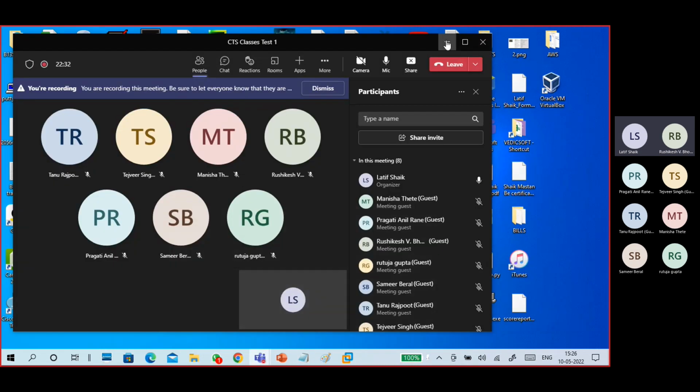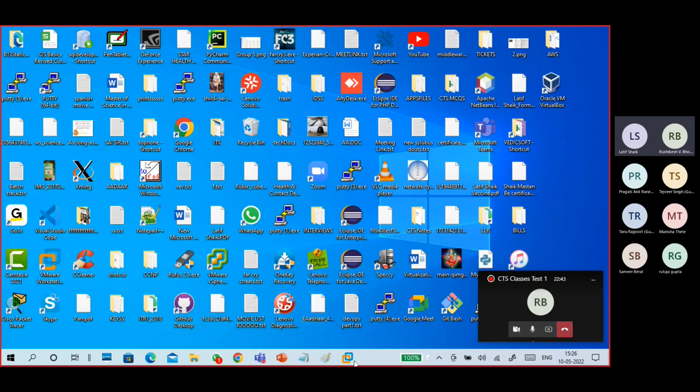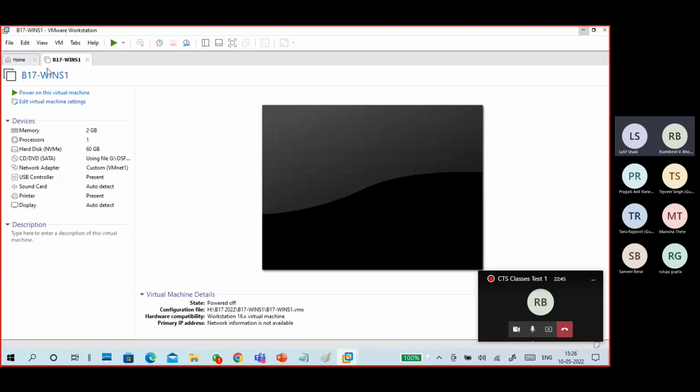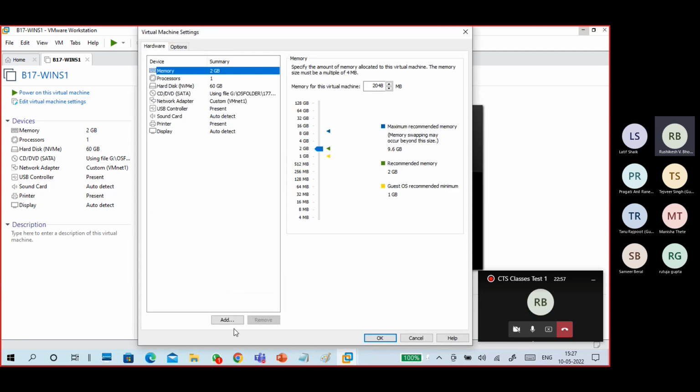We are using virtualization, right? VMware. So this is my Windows server. I already have a 60 GB hard disk. I'm going to add multiple hard disks to it. Now it is in off condition. So edit virtual machine settings, add